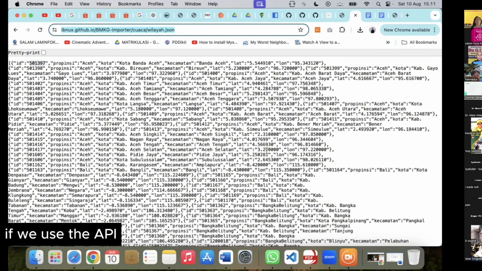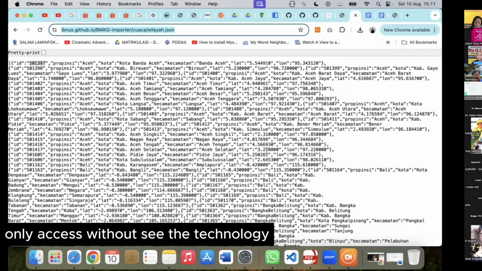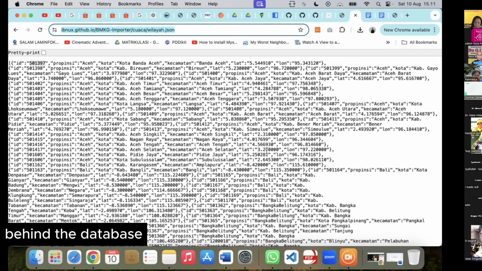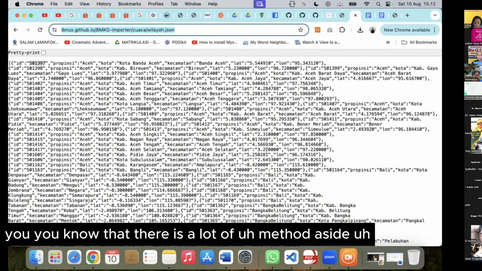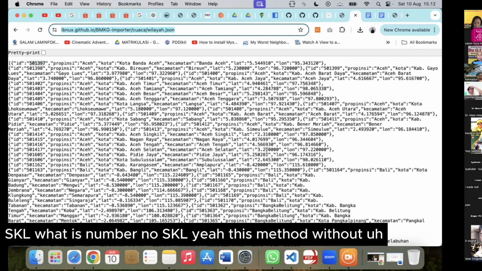If we use the API, we can access without seeing the technology behind the database. You know that there is a lot of methods aside from SQL. For example, NoSQL.